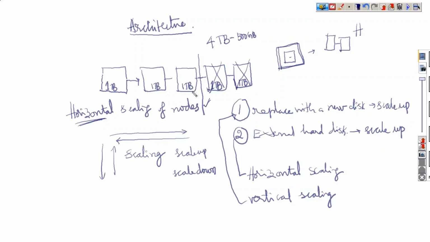This is the reason it is called highly reliable or highly flexible. We do not have to do anything; we can add, we can delete, we can do whatever we want without affecting the data present in the cluster. Got it? So, horizontal scaling is nothing but multiple nodes. Multiple nodes, and high reliability or high flexibility, that is there.